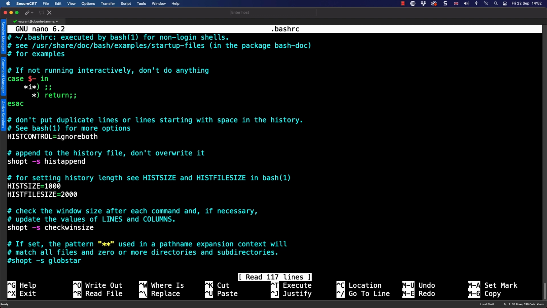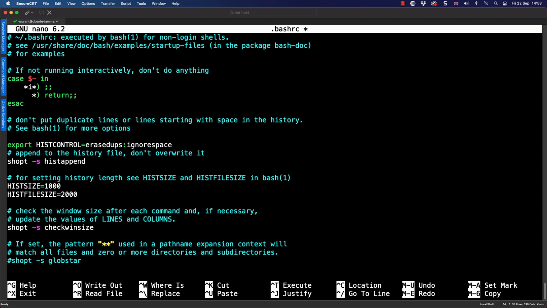I can move towards the end of the file. We can see here as I move down, we've got the hist control being set, and I can go through and paste it in. Mine's being exported, theirs wasn't. We no longer need their entry, so I can go through and remove their entry.